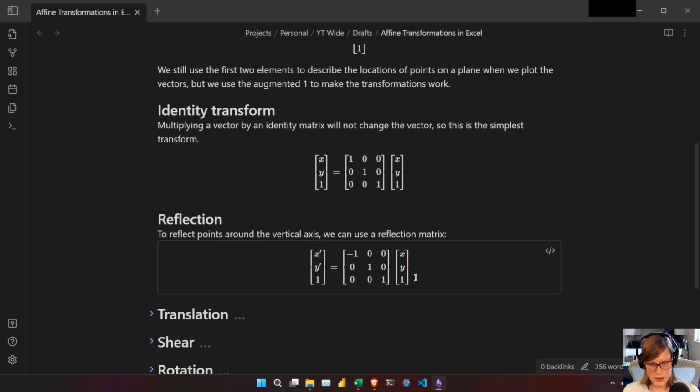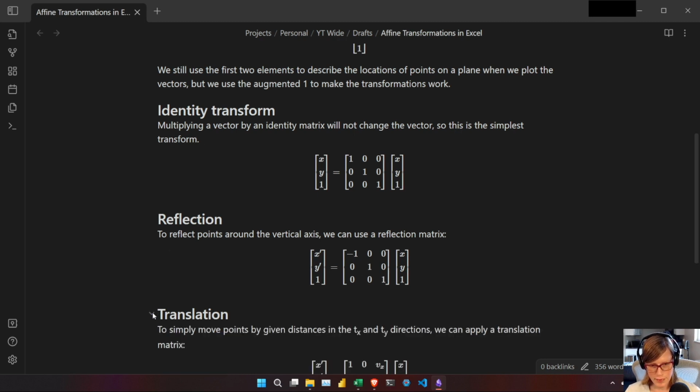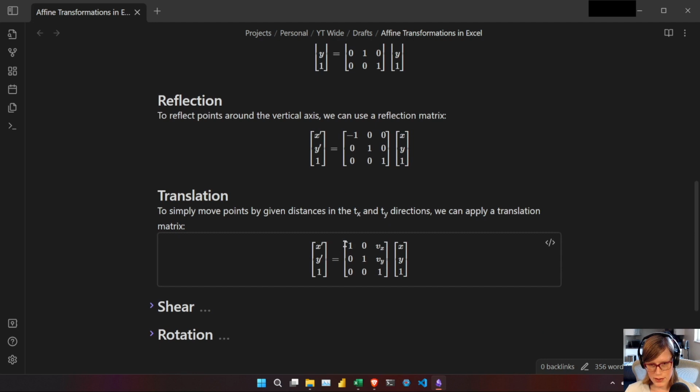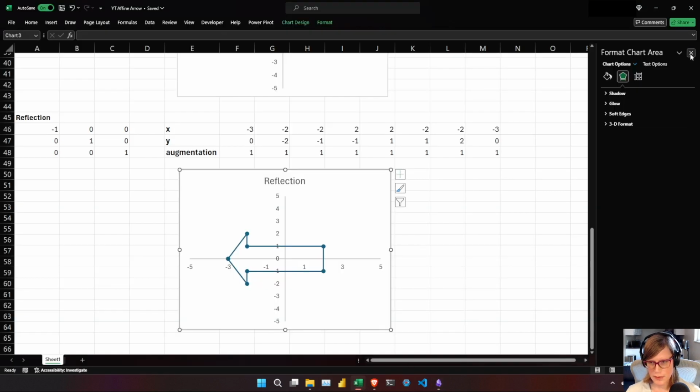All right, so our next transform is going to be translation. That's just going to move the points from one place to another. Let's take a look at how that works. So this still has all the ones on the diagonal, but for these two elements, we have Vx and Vy, which are the amount of translation in the X and Y axes, respectively, that we want to apply to every point. Okay, so let's flip back over to the spreadsheet